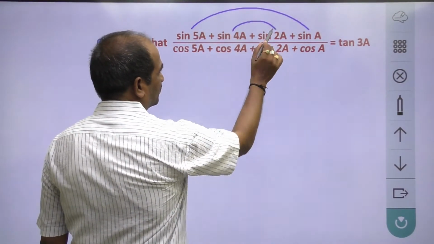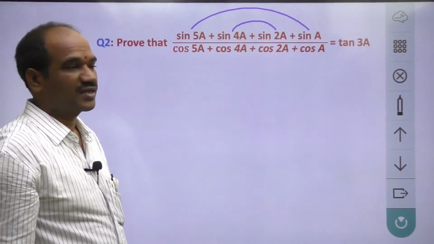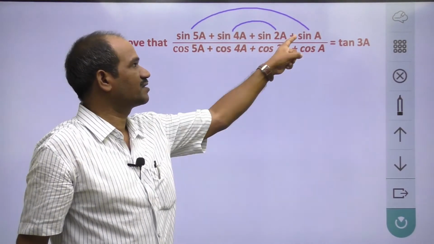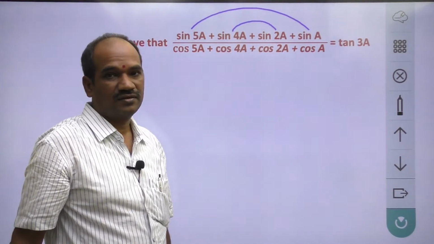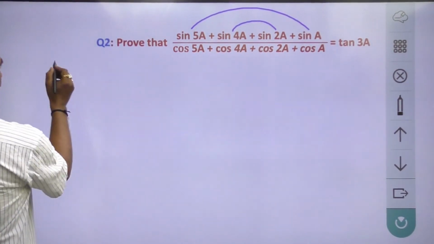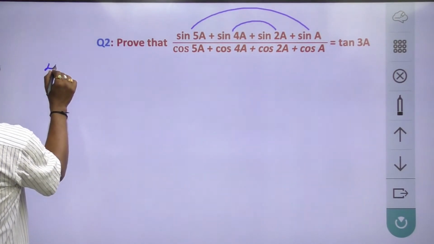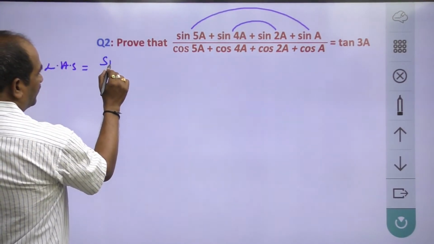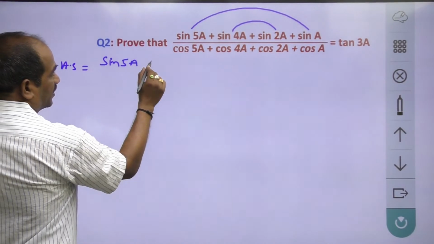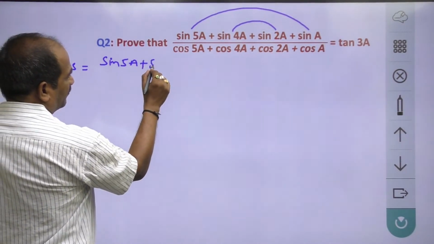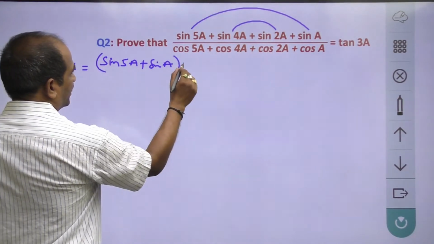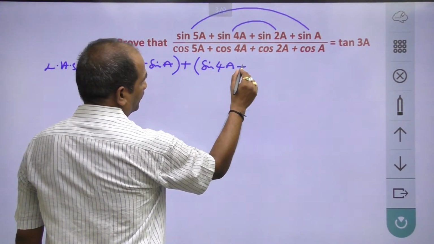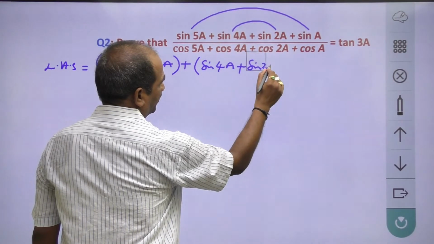The denominator is also the same. 5a plus a is 6a, and 4a plus 2a is 6a. So first take the first and last 2 terms, next these 2 terms. First write the LHS value. LHS is equal to sin of 5a plus sin of a, plus the next 2 terms sin of 4a plus sin of 2a, whole by